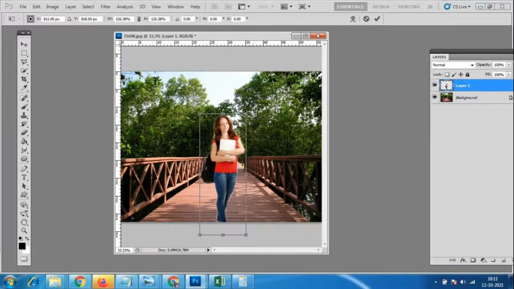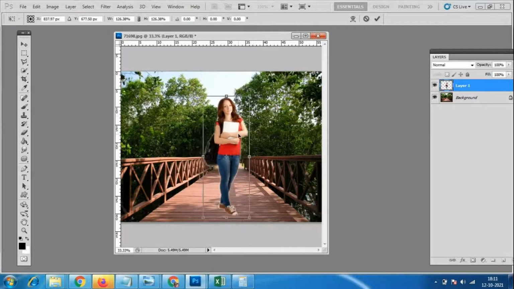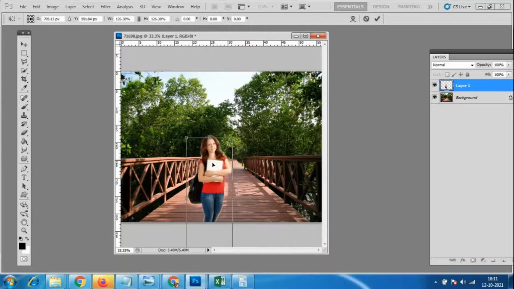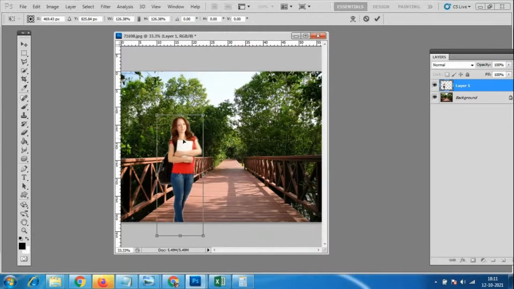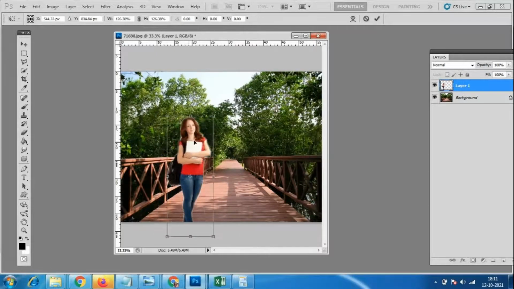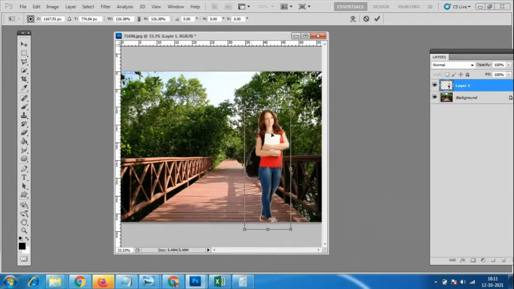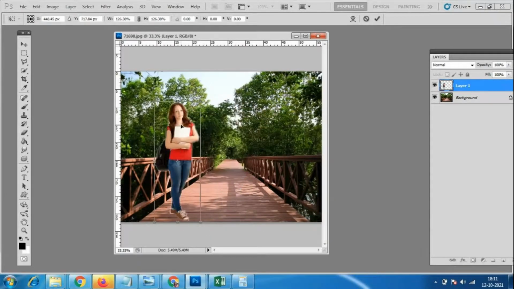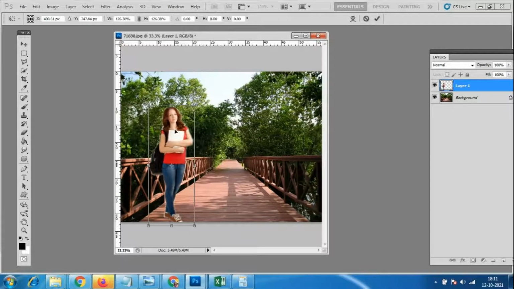If she is very far, we have to make her a little small and keep it over there. If it is a little near to the camera, no need to make her too small. You can place it wherever you want, whichever is the suitable background.